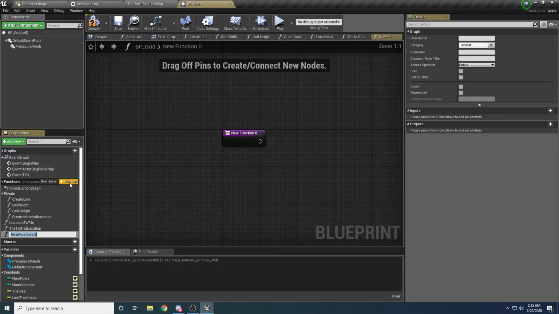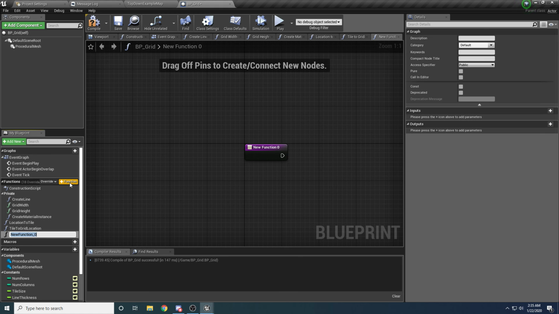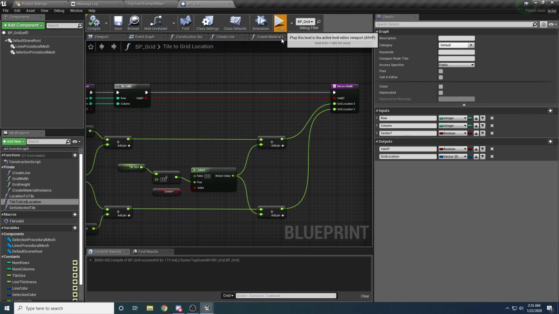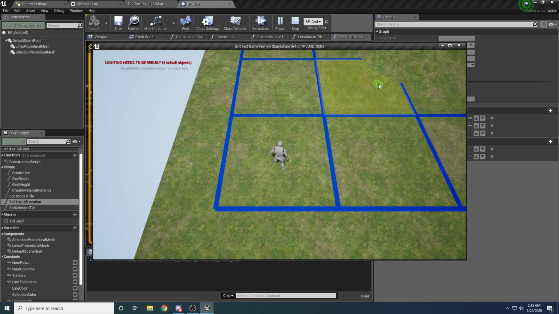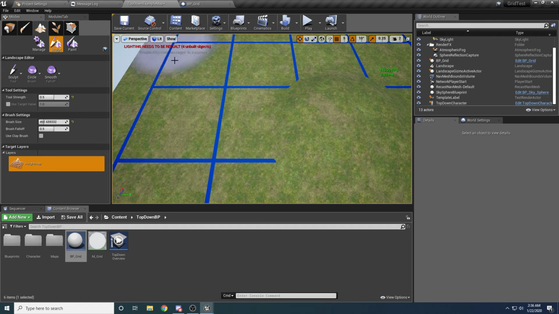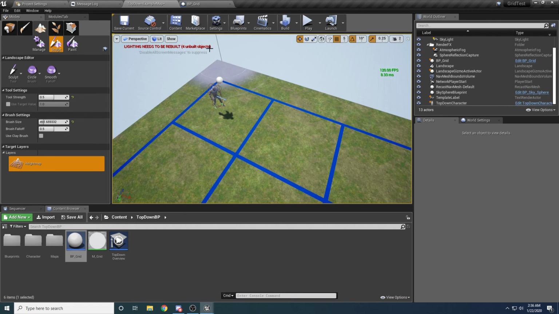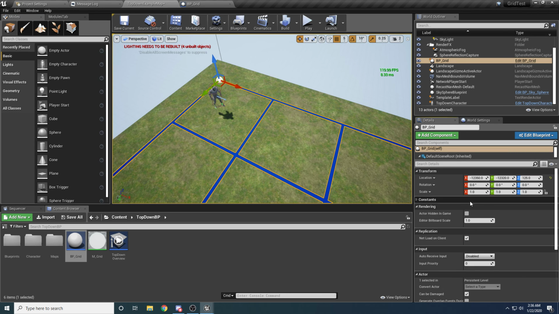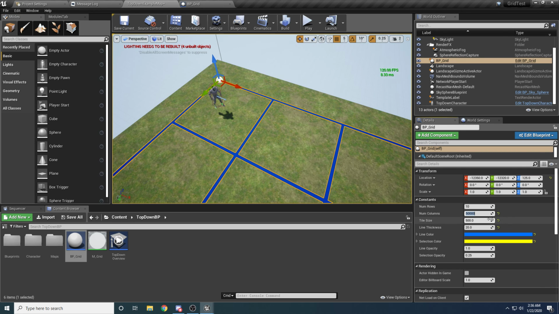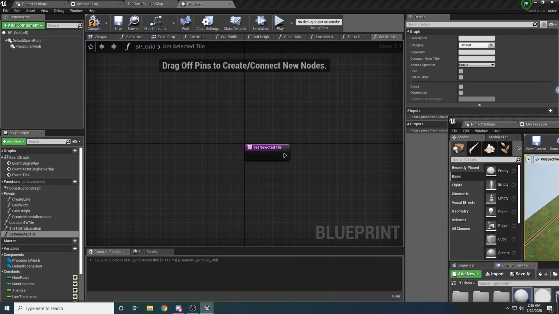And the last function we want is a function to allow the user to set the selected tile. And that is the thing that allows the user, I've got to change this down from 50,000 because it takes forever when I click launch. So it's the thing that basically says, draw this little yellow square here. If the selected tile is 0, 0, then it draws the yellow square there. If it's 1, 1, it draws it there, and so on. I'm going to turn this back down on my project just in case I need to run it again, because 50,000 is kind of ridiculous. I think it's 2.5 billion